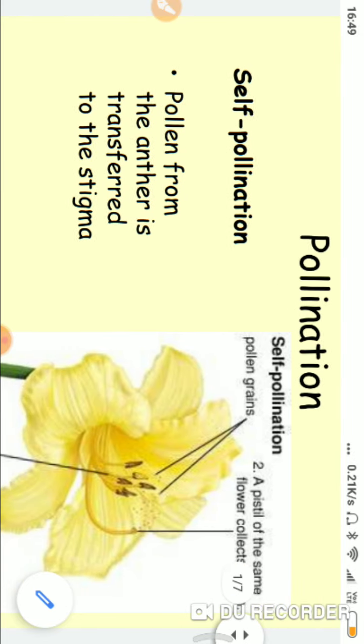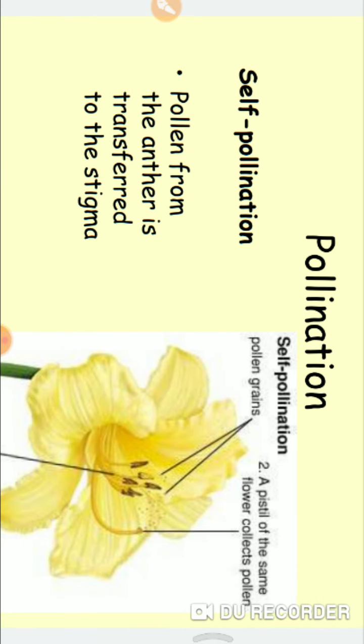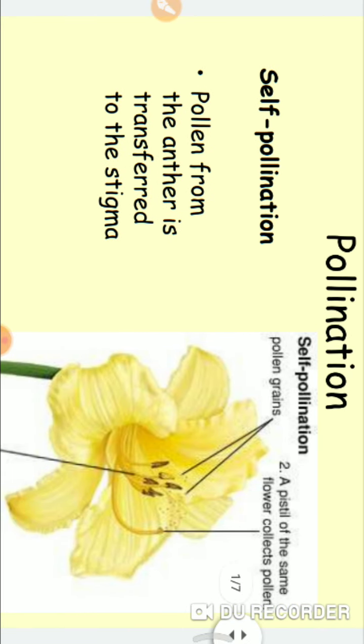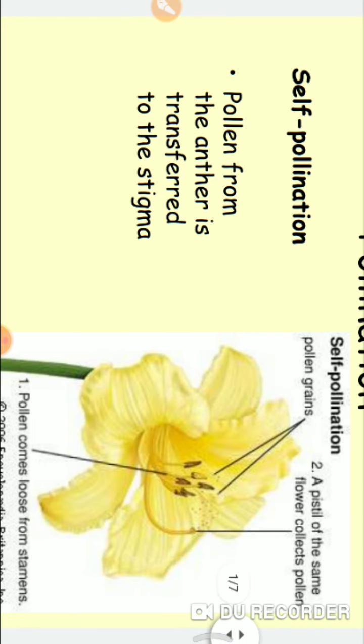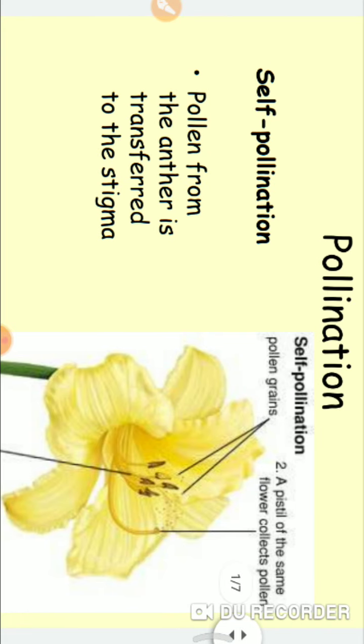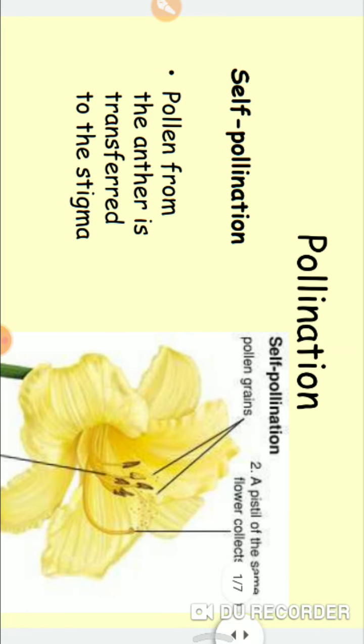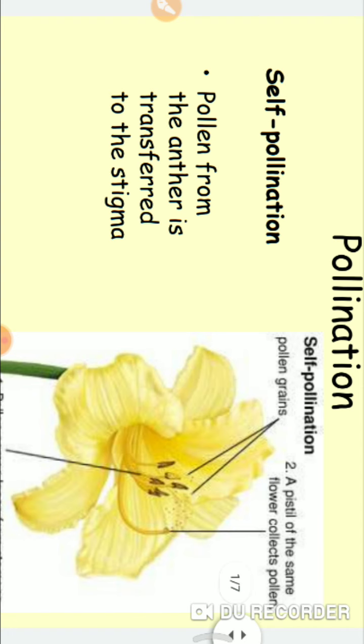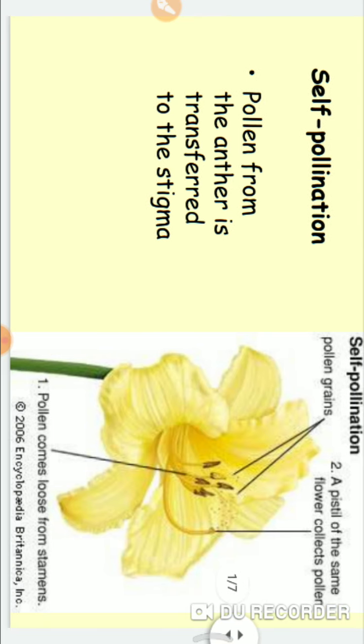Self-pollination is divided into two types: autogamy and geitonogamy. In autogamy, in the same flower, that means in a bisexual flower, if both androecium and gynoecium are present, there will be transfer of pollen grain to the stigma of the same flower because both parts are there. Geitonogamy means a pollination in which the transfer of pollen grain takes place on the stigma of a different flower